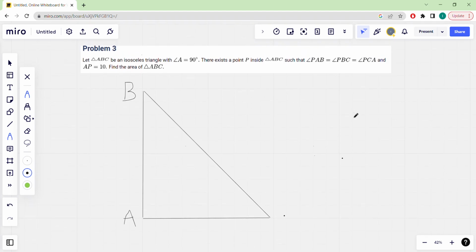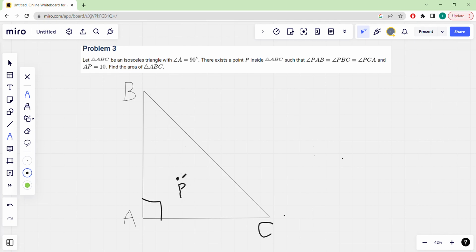Okay, this is an overview of problem 3 from this year's 2023 AIME II. Let triangle ABC, this is C, be an isosceles right triangle, because angle A is 90 degrees, and there exists a point P inside triangle ABC, call this P, such that